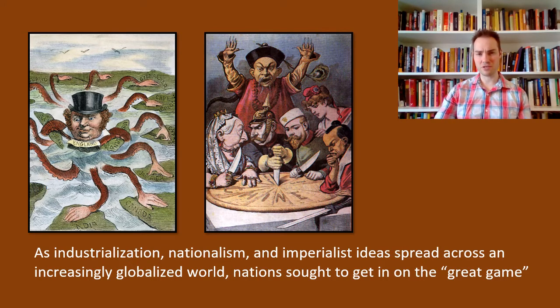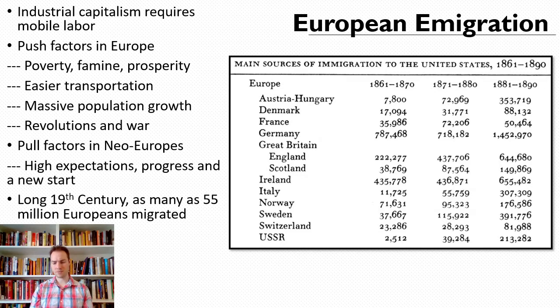Here you can see these different nations carving up China, right? France, Germany, Russia, the United States, cutting up that Chinese pie. Everybody kind of wants a piece of the action, if they can get it. And we can see this play out in all kinds of different ways, from the local individual to state functions. So at the local level, you can see individual people trying to be part of these colonial endeavors. So we might look at European immigration as a great example of how an individual was participating in these systems.